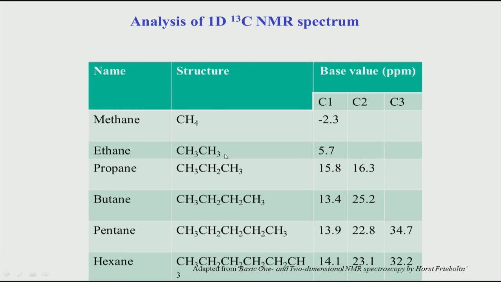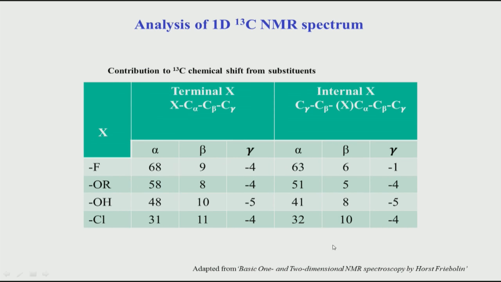So, like this you can do it for all the acyclic molecules, and you can see that based on the different acyclic groups, you will have different base values. Okay. So, let us see what happens. Now, look at the substituent. In the previous slide we saw only the carbon in the acyclic system, but now I start adding substituents. So, let us say I add a substituent at this position X.